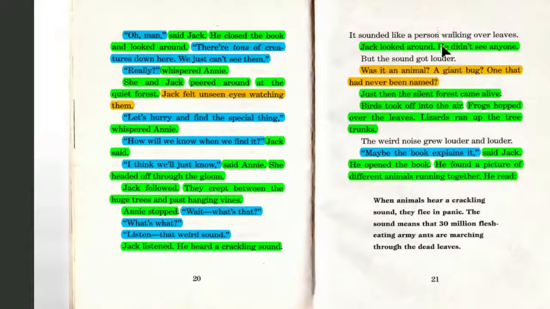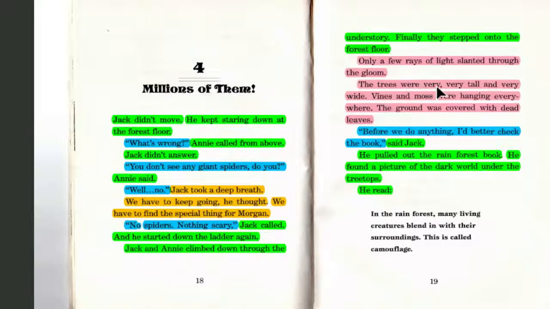That's a sound, that's a sound, and that's a sound, and those are all imagery. So really the only good description of the place is kind of concentrated in a paragraph, which is kind of the way I teach it as well. So we're done with that. And we can move on to the imagery.